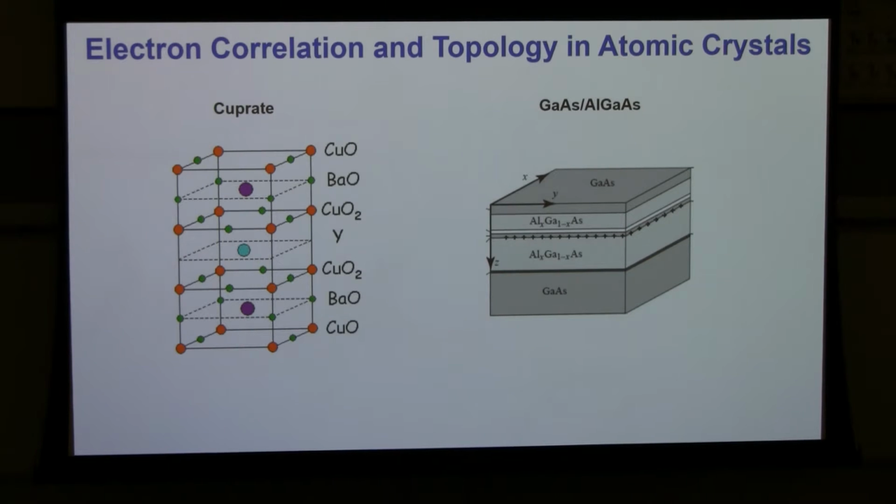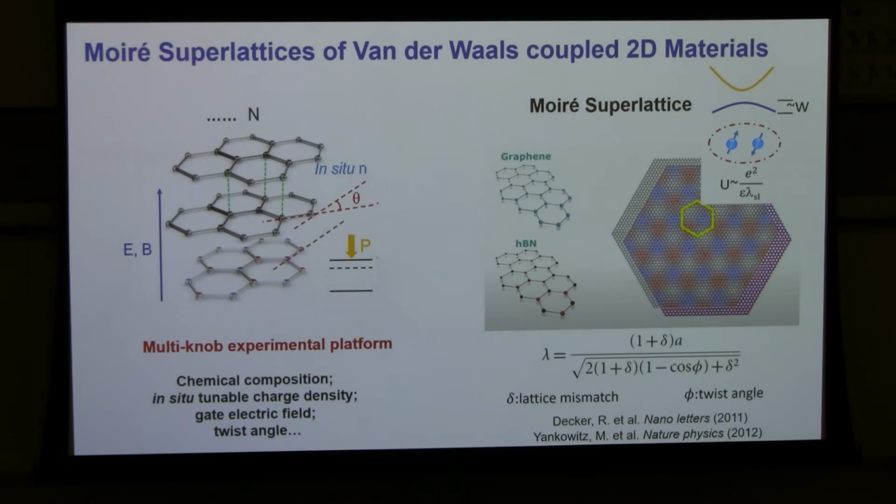And sometimes you can grow, for example, by MBE, layered materials in the vertical direction, and you can subject it to high magnetic field. You can quench kinetic energy that way, and you get correlation topology. In recent years, we got another opportunity because these materials can be thinned down to the atomic layers, and you can reassemble them back into some heterostructure that was not allowed to exist in nature by default. But you can sort of choose what ingredient to put together.